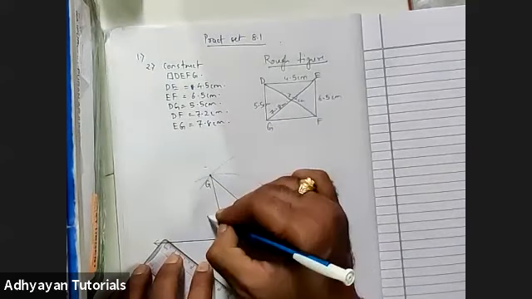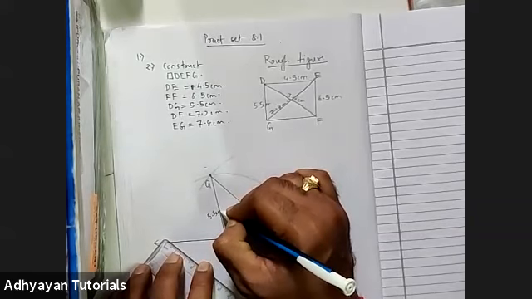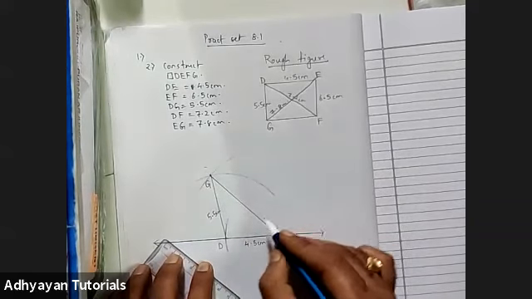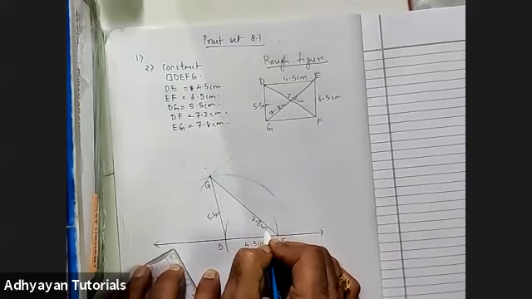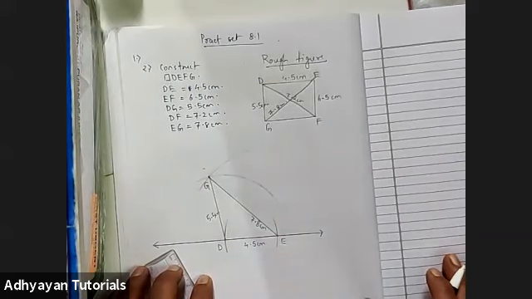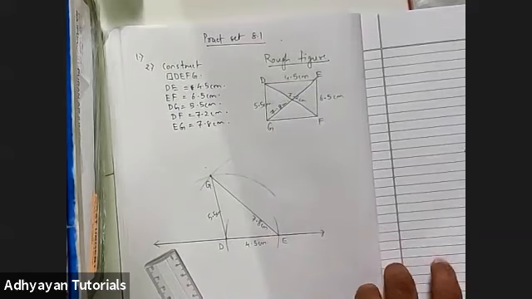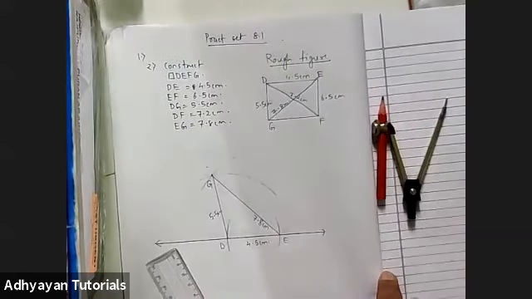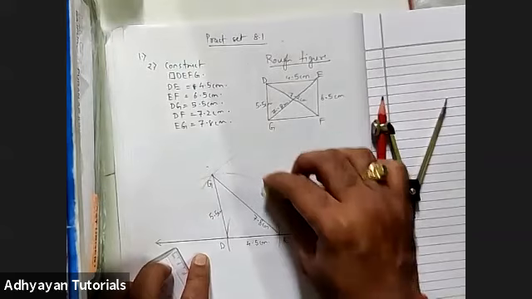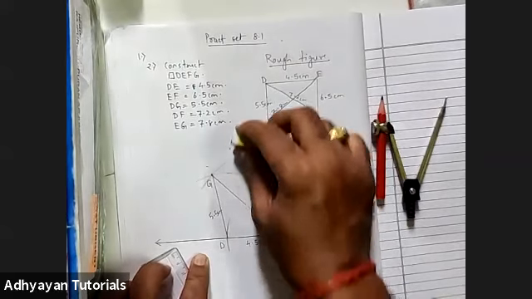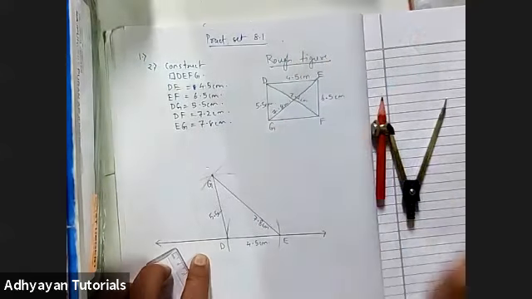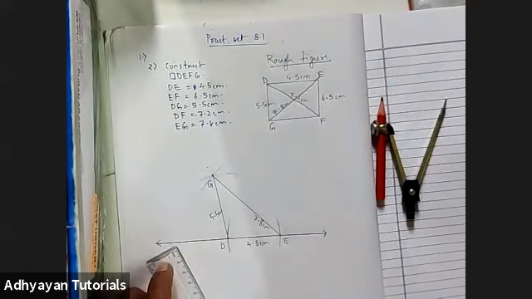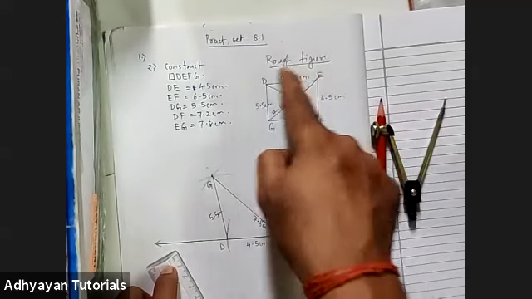Okay, DG was nothing but 5.5 centimeter, and EG is nothing but 7.8 centimeter. I hope that is clear to all of you and everybody has at least reached till this point. In case anybody is having any doubts, just let me know. Right? Okay, now we need to talk about the next triangle DFE.